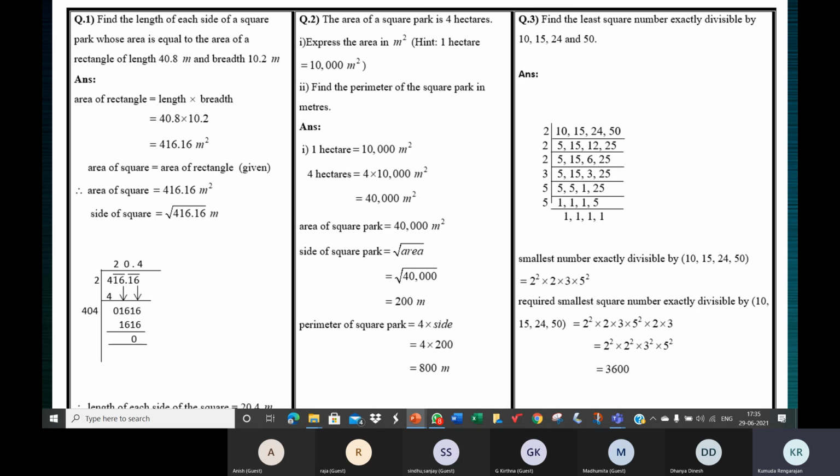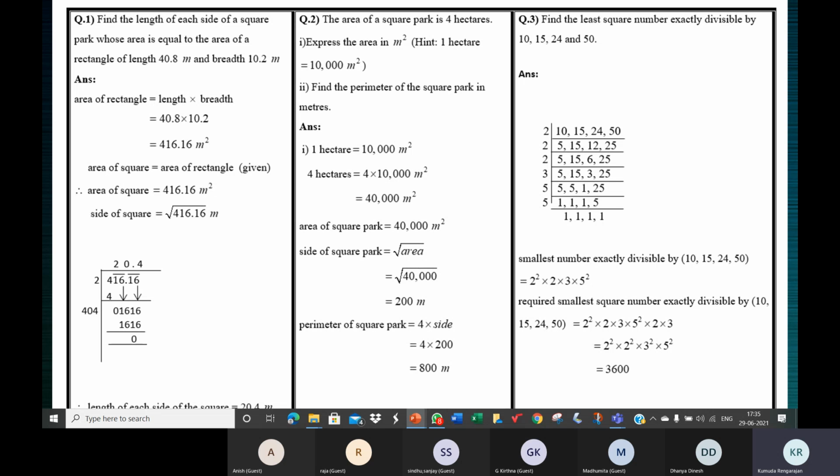So you could consider 125 meters by 80 meters. The product is 10,000 meters square. So maybe there's a piece of land where you can build a house. It's 125 meters long and 80 meters broad. It will have an area of 10,000 meters square. So this plot also has an area of 1 hectare.